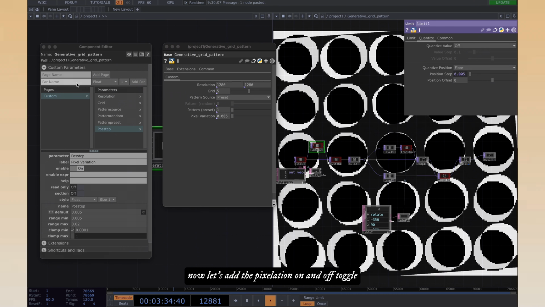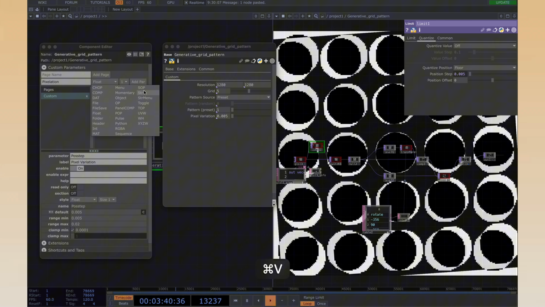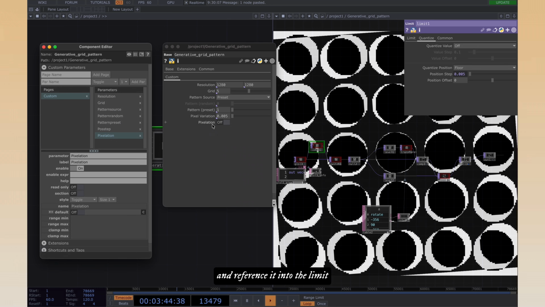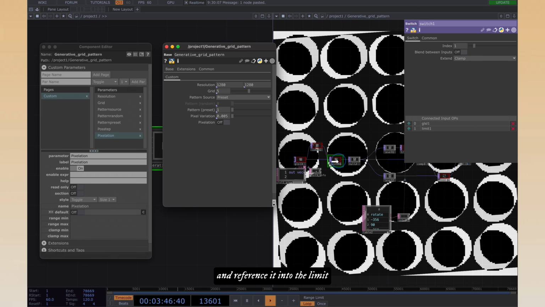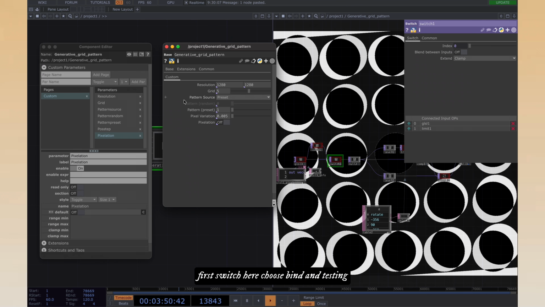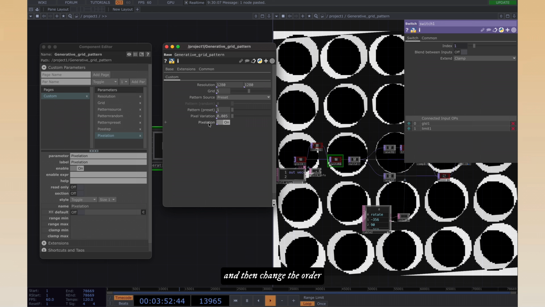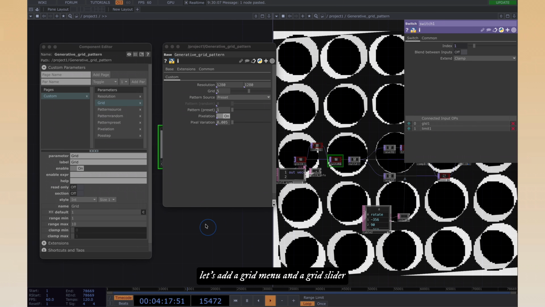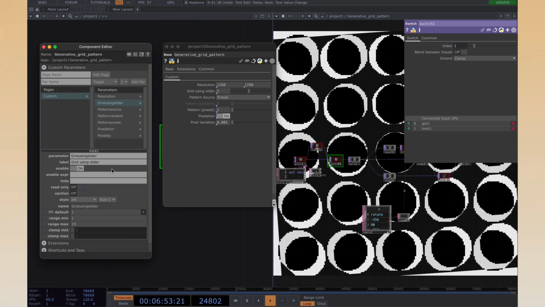Now let's add the pixelation on and off toggle and reference it into the limit first switch here, choose band and testing, and then change the order. And then go to the grid. Let's add a grid menu and grid slider. So first change the label to grid using slider. And then